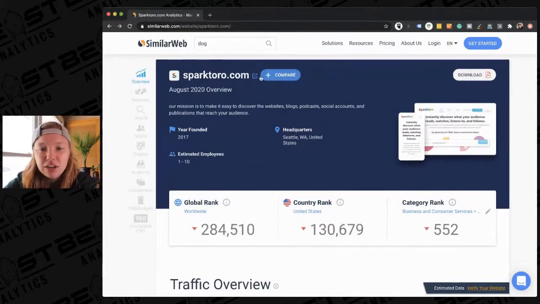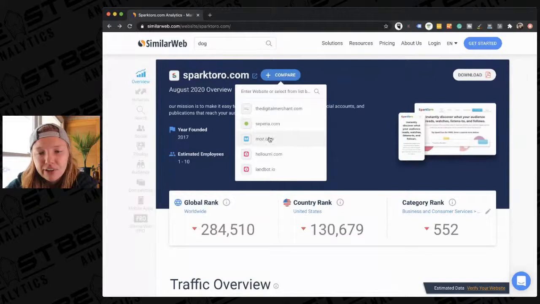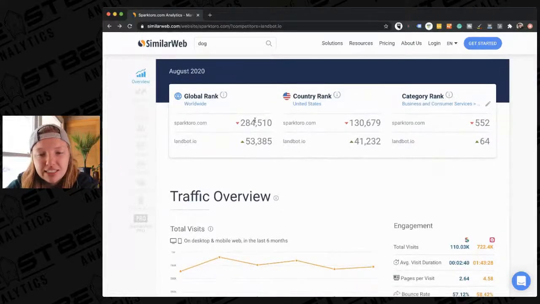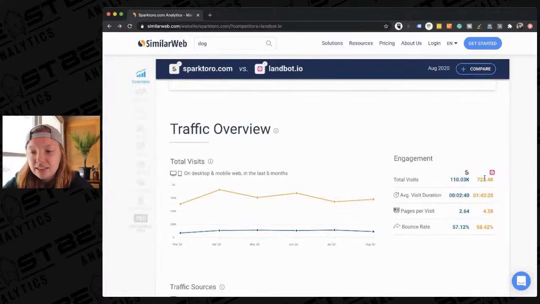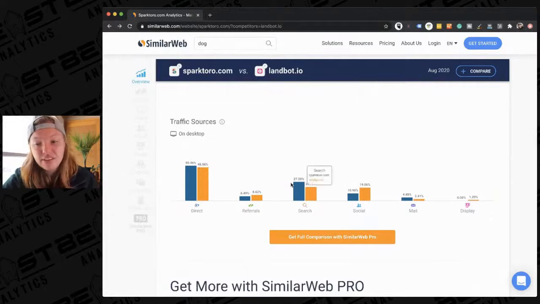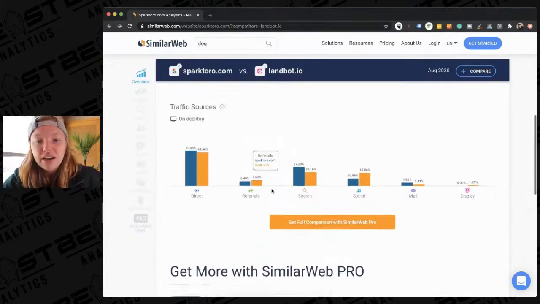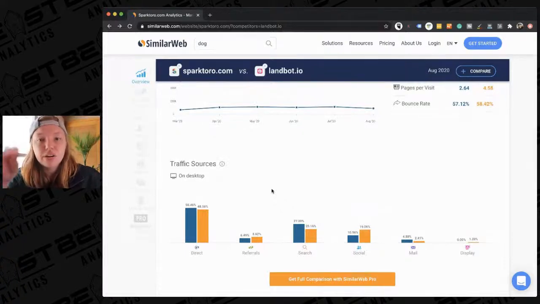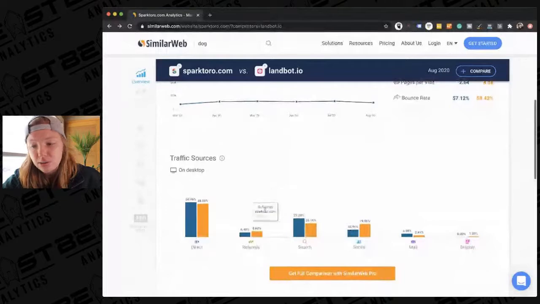All right, so it looks like there's also a compare function here. Let's compare it to this land bot. And now you can see the differences here, and where perhaps SparkToro might be lacking. It looks like their bounce rate's better and their time on site is not better, and they're not getting as many visits or pages per visit. We can see the difference in their traffic sources. Again, if you did want to put your website in here, you could compare yourself to your competitors based on what SimilarWeb